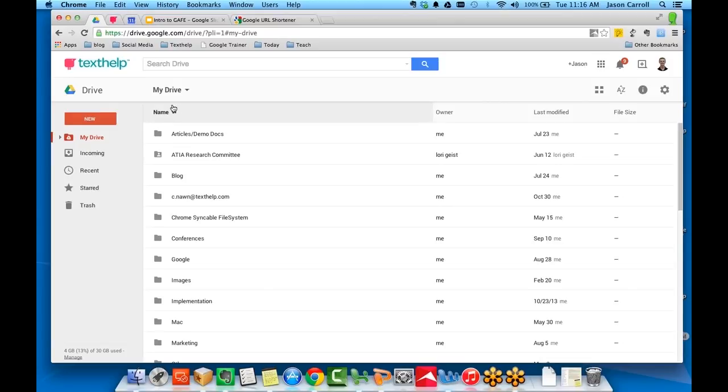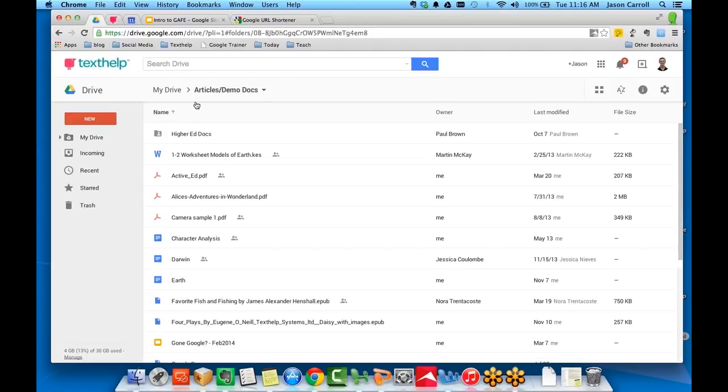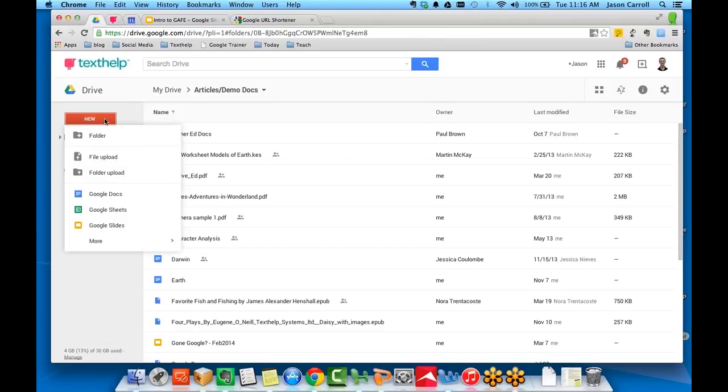Now, once you get into Drive, the best way to think about Drive is just like My Documents or something like that. If you've had a PC in the past, a Windows machine, you're probably familiar with My Documents. The idea with My Documents is that you can drop all your files in there and make folders and all that. This works the same way. What's important to understand too is that I can go over here to the left column of my drive, and I can click New, and I can make new